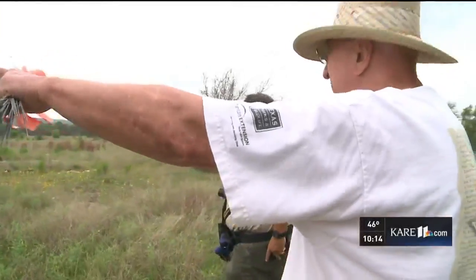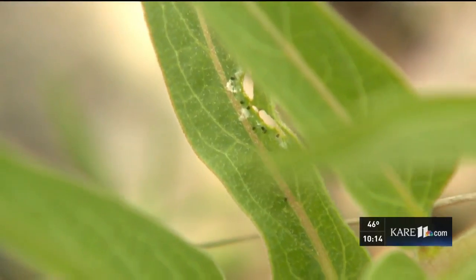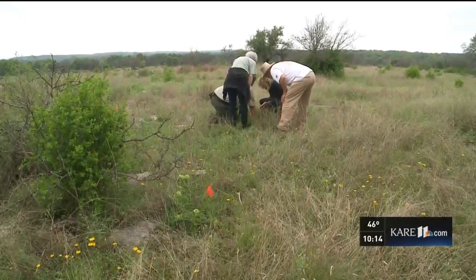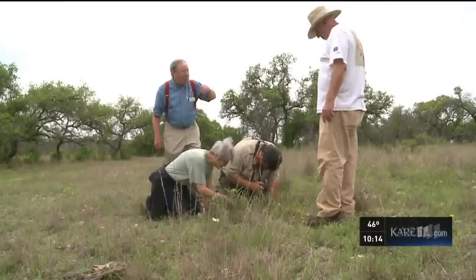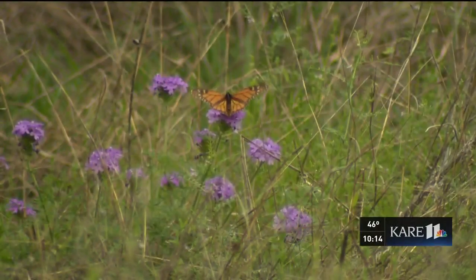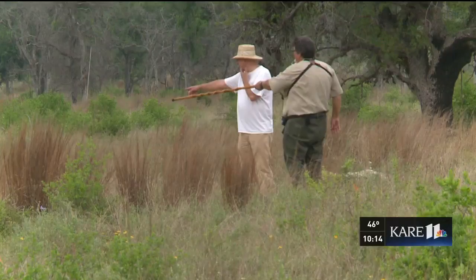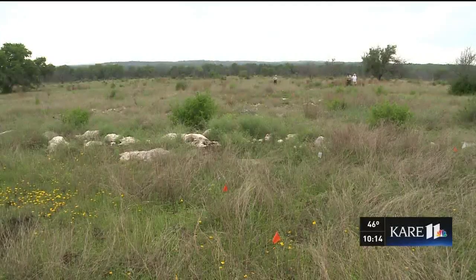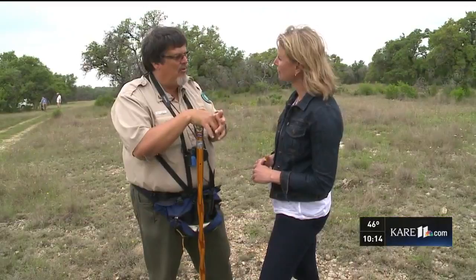You didn't find any plants? And counting milkweed. So she found that eating sign. The plant that monarchs rely on for food and overall survival. Oh, wow. The work they do here will be tracked and shared with the Monarch Lab at the U of M, which has orchestrated a concerted effort called the Monarch Joint Venture, with numerous scientists spread across the country. What happens here in Texas in the spring is critical to what happens in the rest of the country. You see here that we've been looking through a real important...